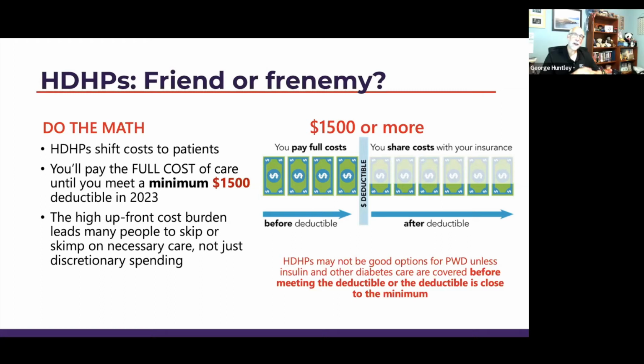So you go back to your total cost. If you have to go through the math. Again, premium's easy, deductible's easy. Cost share is the part that you got to think about. So in a high deductible health plan, the deductible is a higher number. Don't get afraid of that, but work the problem, do the math. In this scenario, you're going to have to pay $1,500 as a minimum. To be a high deductible health plan, the minimum deductible is $1,500. So you know it's going to be a fairly large deductible.